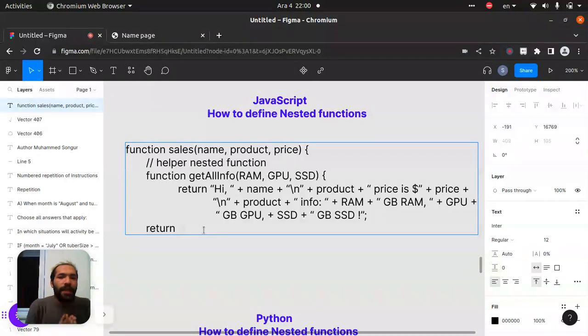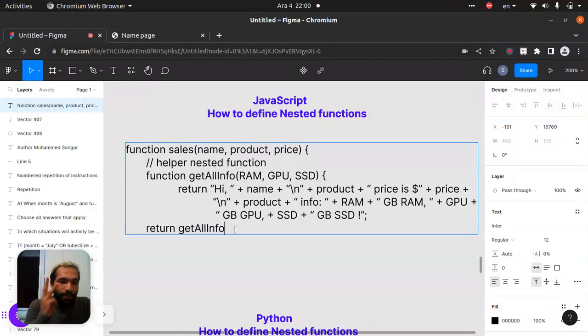No worry, be careful. We can say return get all info, isn't it? We can do it like that. Or we can get this one, add it here, and after that we can return also like that. But don't mix up your mind, okay? Let's say get all info, and what we have inside it,